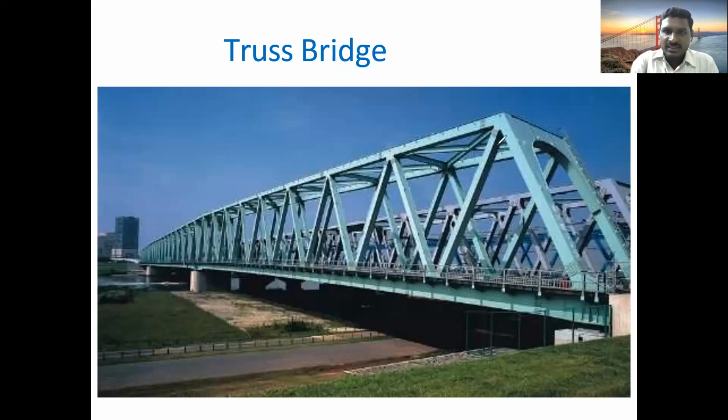So these members are the angles, and this is the girder. This bottom horizontal part is the girder. We have to design these girders, because if you see, one support is here and another support is here. On these two supports this girder is there. Then for this truss bridge, these members can carry the tensile and compressive loads. So this is the truss bridge.